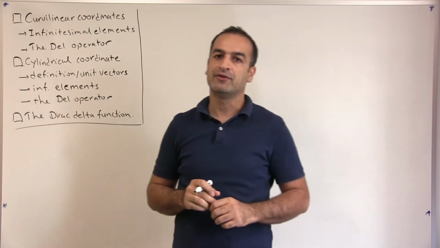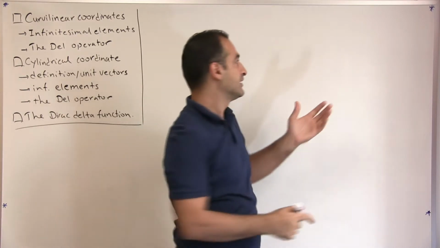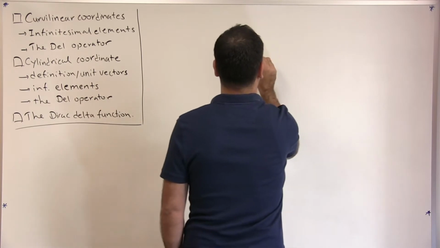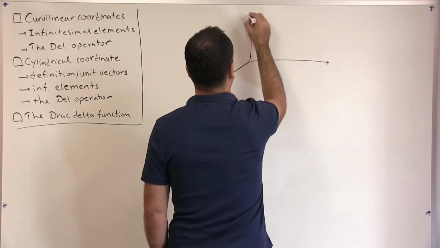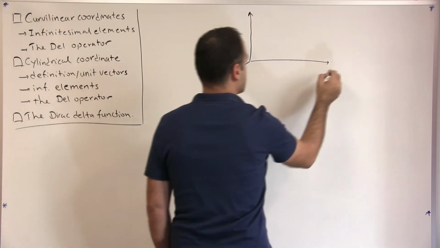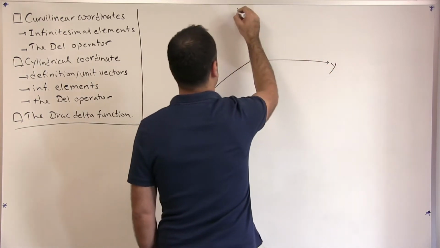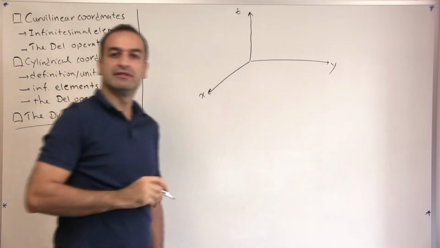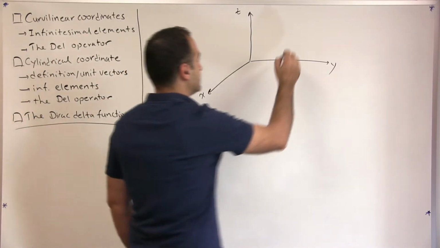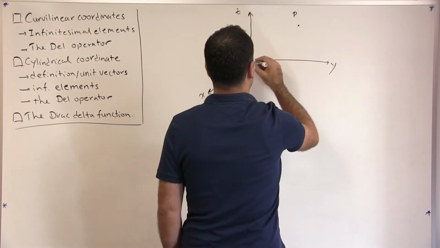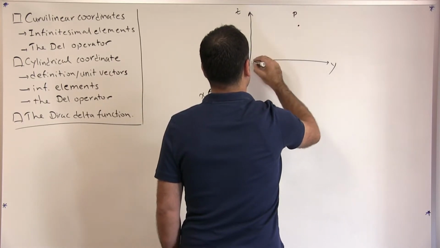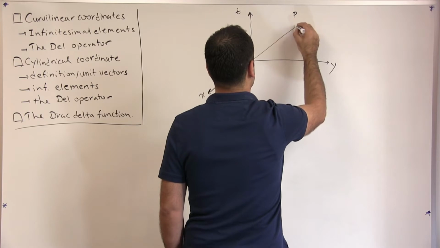So in Cartesian coordinates, we had x, y, z, the axes like this, let's say x, y, and z. And we said in a spherical coordinate, let's say we have a point P here in space. We define the position of P